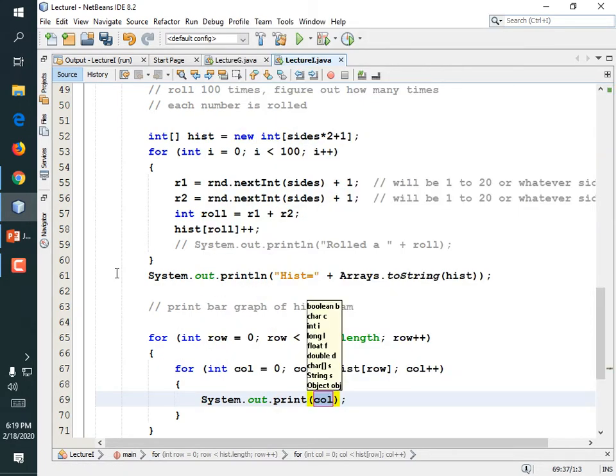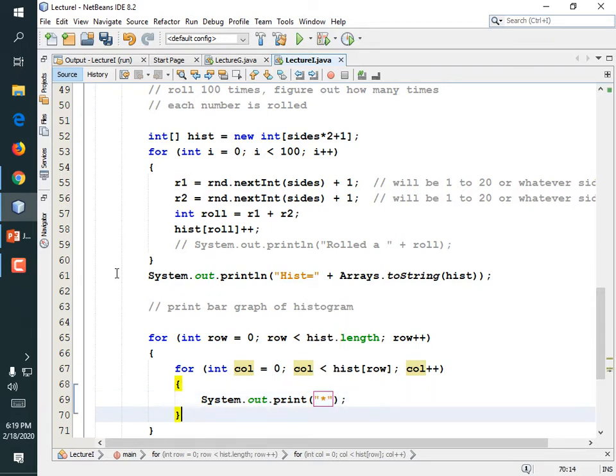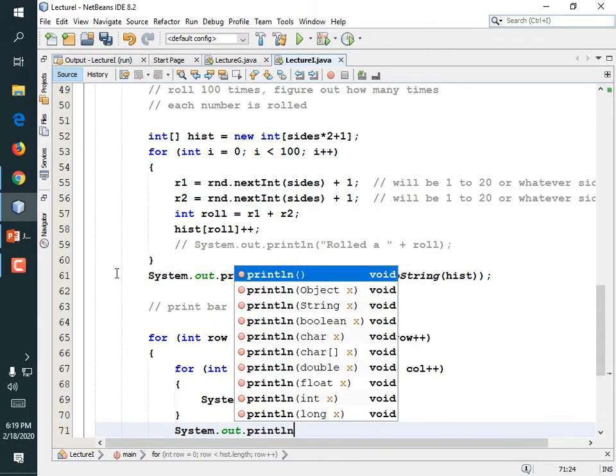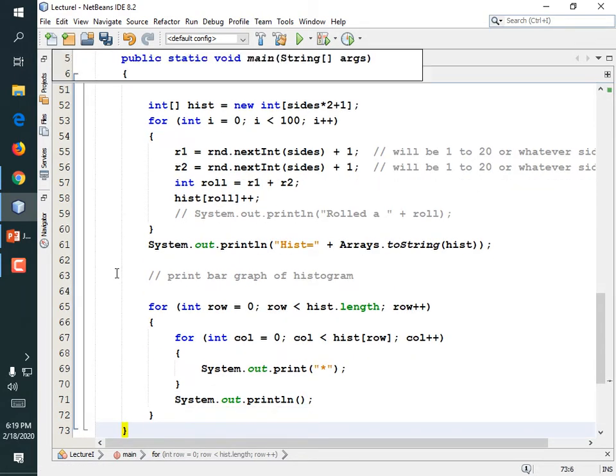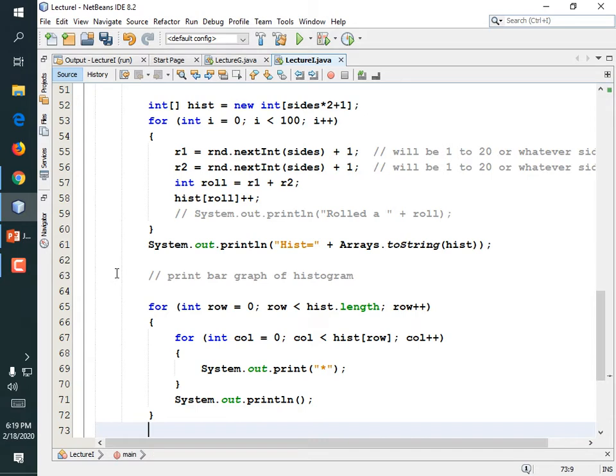System.out.print("*"); Now that's to print out one row. That's why we didn't make it println, because we want all these asterisks lined up on one row. But then we need to go to the next line, so we need a print line underneath here. System.out.println();